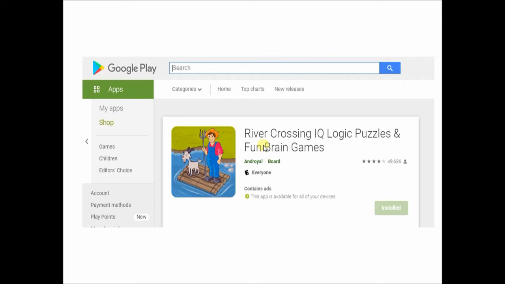For example, there is the A-star algorithm, best first search, depth first search, and breadth first search. They may ask any of these puzzles or problems, and ask you to apply the algorithm for that particular puzzle or problem. So for solving such a problem, you should know what actually the puzzle is. So I recommend you all to download this particular app from Google Play, try to play yourself, and record the solutions.